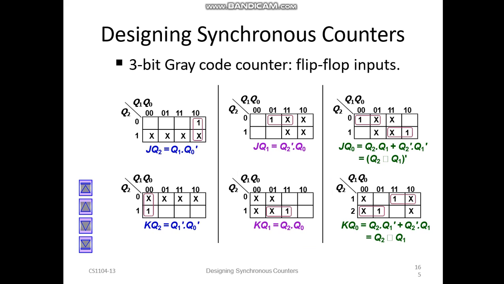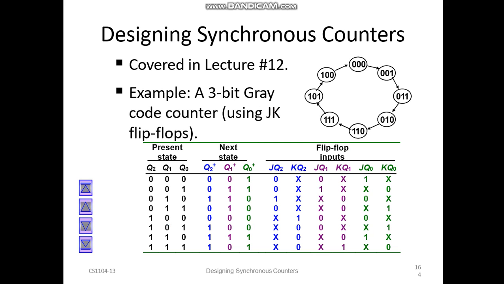So mainly when you design a synchronous counter, you have to define the common clock pulse for this one. This is the first step. Then second, you have to define the present state and next state, then compare with the excitation table. Using the excitation table, we can get the flip-flop inputs. Okay, using the K-map, we can get the equations. After the equations, you can draw the logic diagram using the flip-flops.